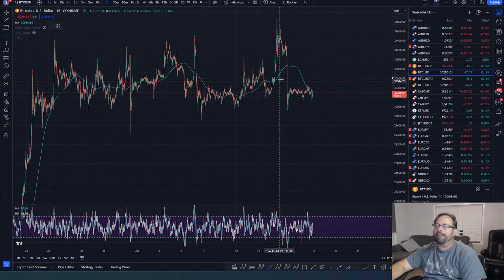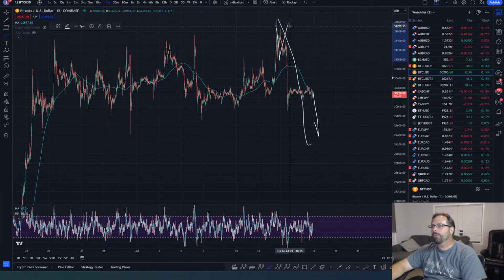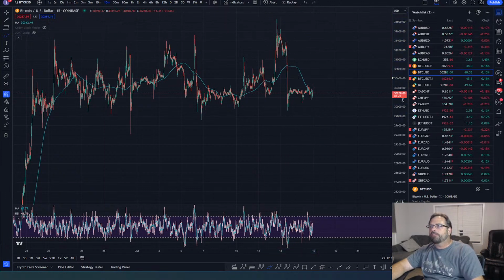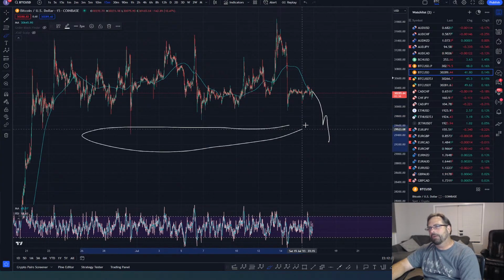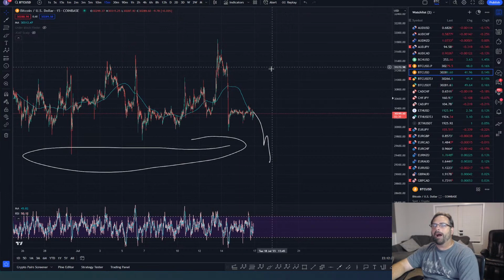So for every 5 waves in the market, you're always asking the question: have we finished it, or do we have one more go? This wave doesn't look like 5 waves to me at all. It doesn't look finished. And so I'd be inclined to see this come down more tonight, taking out this liquidity down here.